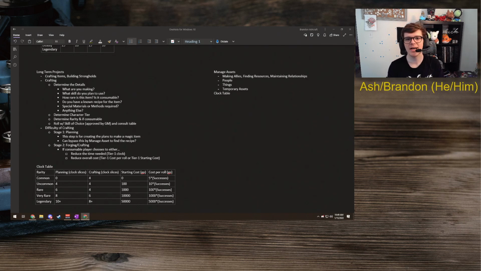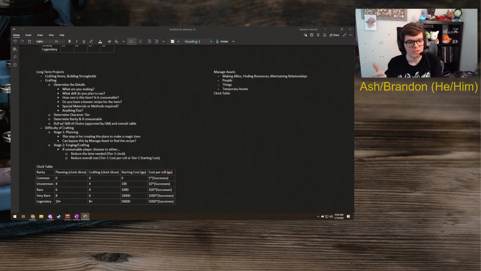I want to inscribe this with a spell scroll quality. So what I want to do is inscribe on the blade the ability to cast Shield once per day. And that will up the cost. Probably bump it up to a very rare item and change some of these requirements.